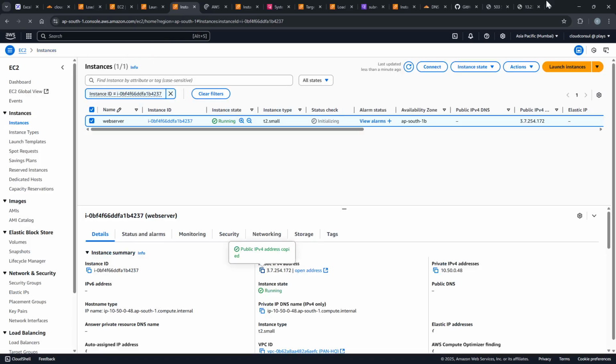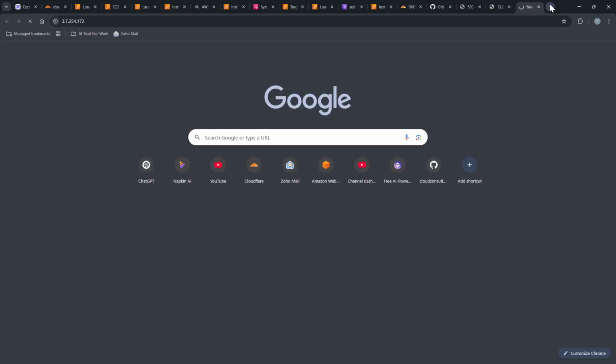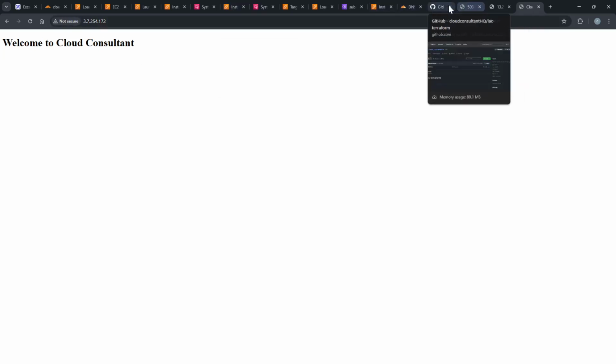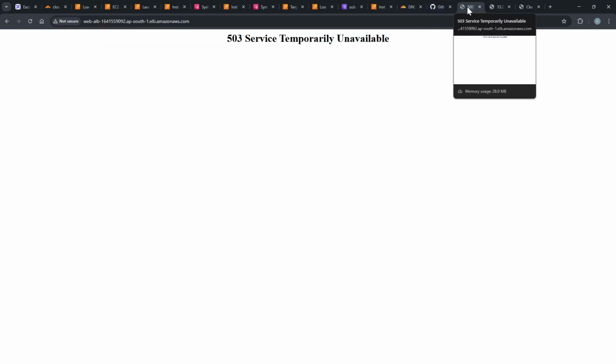I hope it should work now. I'll just check the local IP, the public IP, whether it's resolving. It will take, okay, it's resolving, which means we are getting this one now. So this time the resolution happened properly. I'll just quickly check